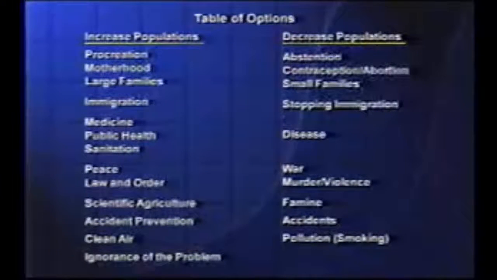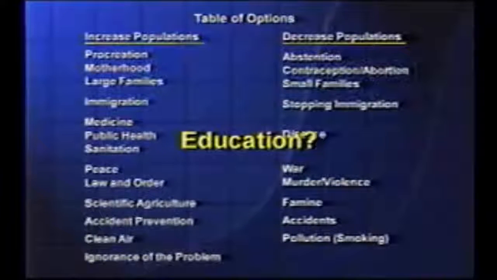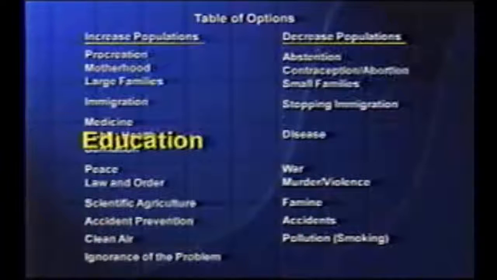And the one remaining question is education. Does it go in the left-hand column or the right-hand column? Well, I'd have to say thus far it's been firmly in the left-hand column. It hasn't done much about reducing ignorance of the problem. And nature is already choosing from that right-hand list. You've read about the AIDS epidemic that's devastating the continent of Africa. I had a friend back from Zimbabwe. People, he said, are dying on the streets. Nature's taking care of the problem.